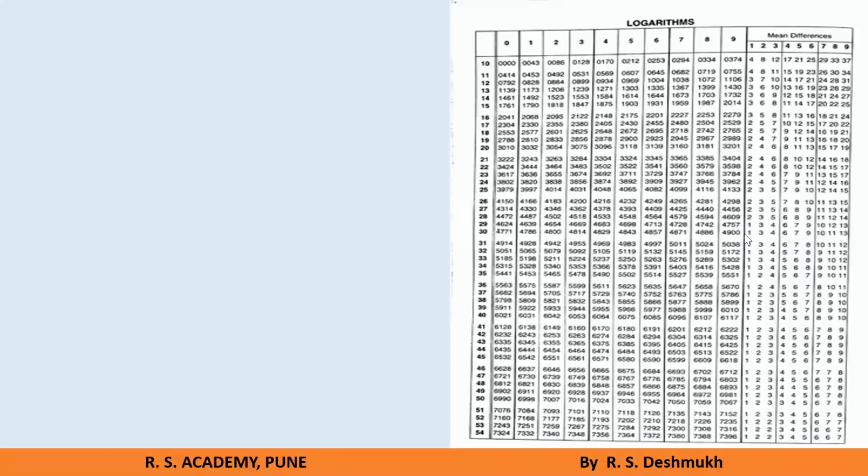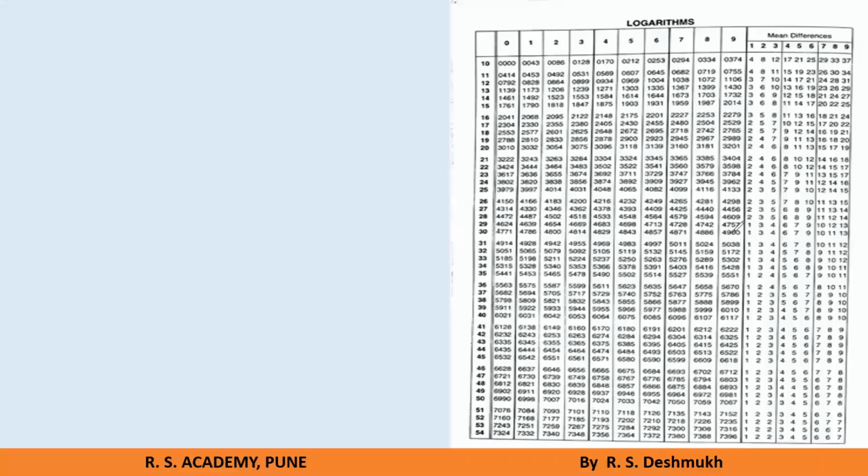If you are observing the screen, there is a log table in which I have considered some of the rows. In this, we can observe certain parameters. The first one is a vertical column, which is the main column. Thereafter, the values 0 to 9 are given. These are the differences, and after that the last one, which is known as the mean difference. So I generally divide this into two parts: first, the difference along with the main vertical column, and second, the mean difference.